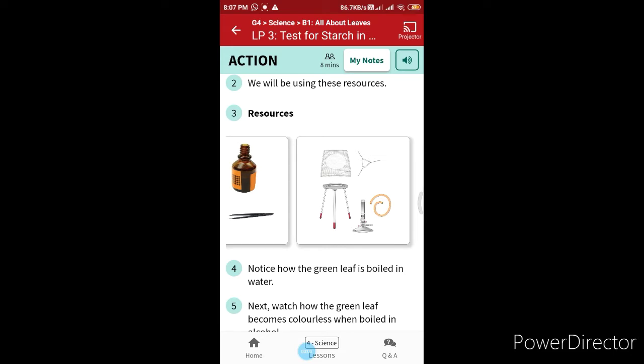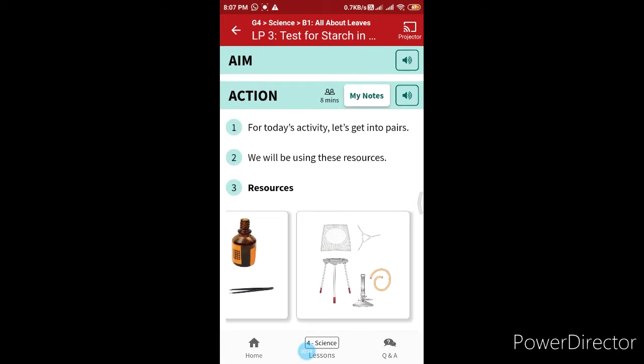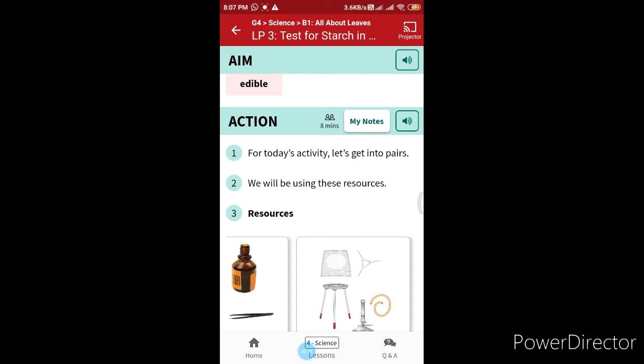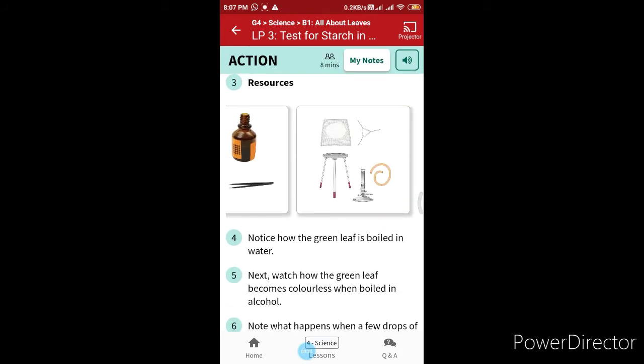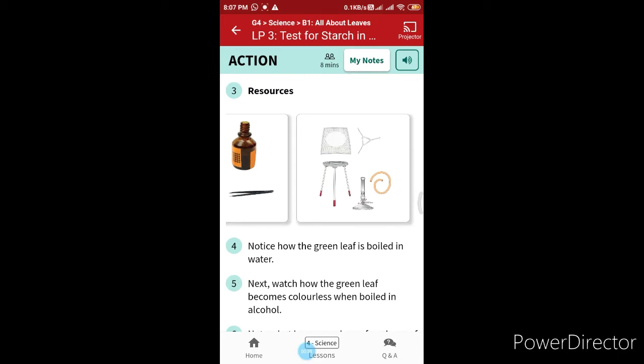Your lesson is about leaves. In the previous class, you learned the parts of the leaf, the structure of the leaf and the functions of its different parts. You also learned about the photosynthesis process, how it takes place in leaves, how this process is important, and what makes plants able to make their own food. You learned all this, right?